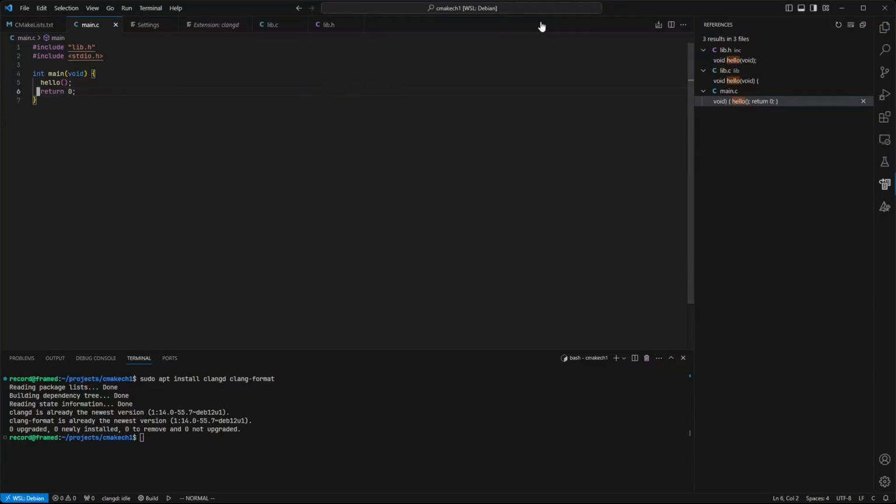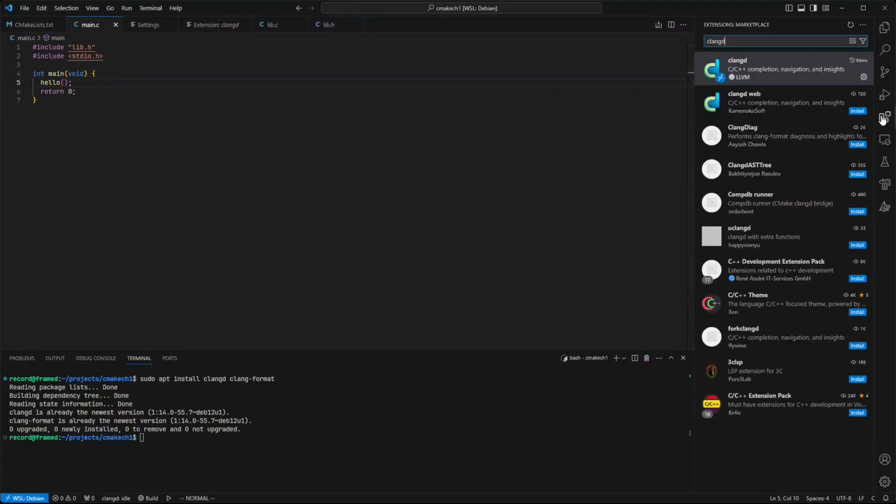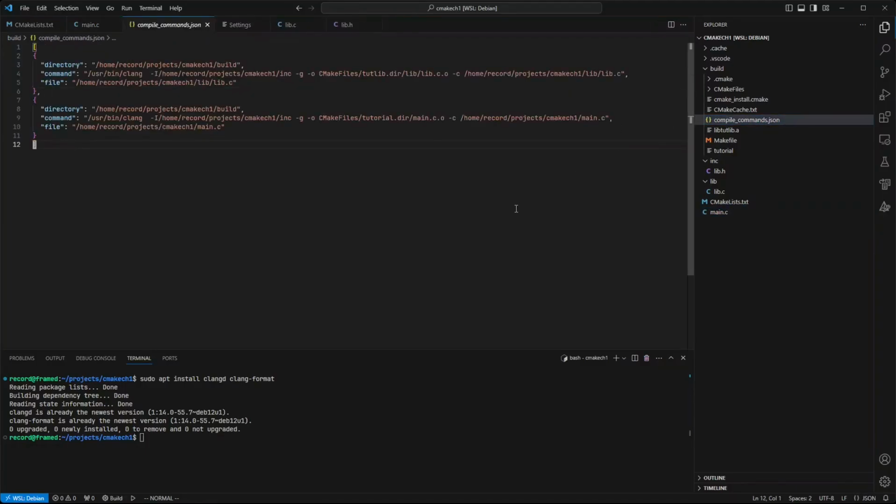The way the language server protocol works is through a feature in CMake called export compile commands. Unless you have told it to do otherwise, the CMake extension we installed earlier will automatically run CMake with export compile commands enabled. And if we look in our build directory, there will be a file called compile_commands.json. And in this file, you can see that there is a directory, a command, and a file. So every time you open a file that matches one in the compile commands,